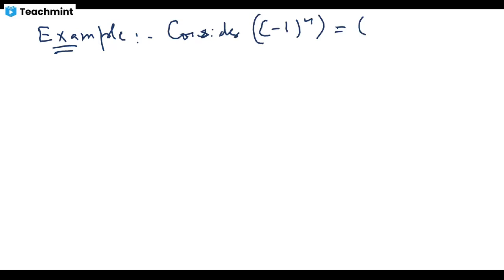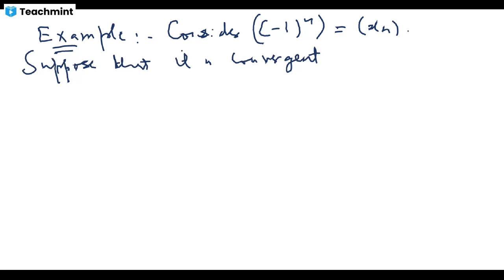Then I'm going to claim that this sequence is not convergent. But for the time being, suppose this sequence is convergent. Whenever a sequence is convergent, it must have a limit, so say this sequence converges to some number x. Then according to the definition of convergent sequences, what a convergent sequence says is that for every